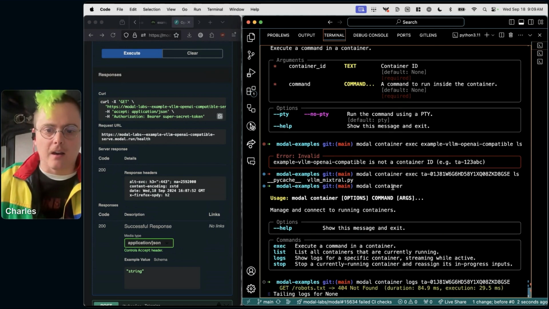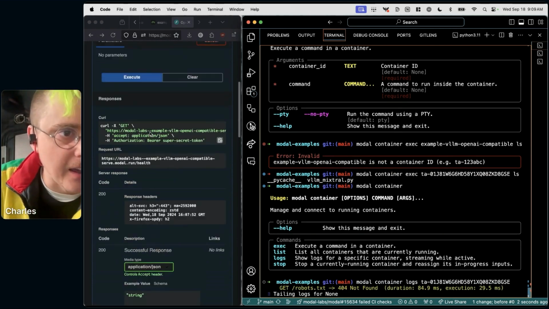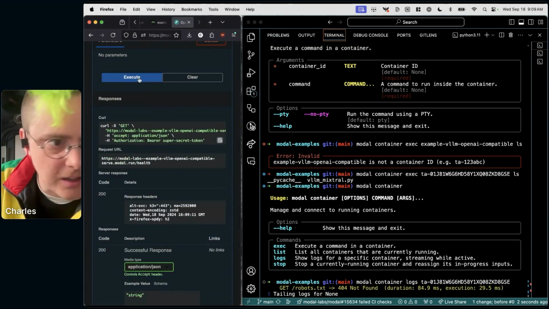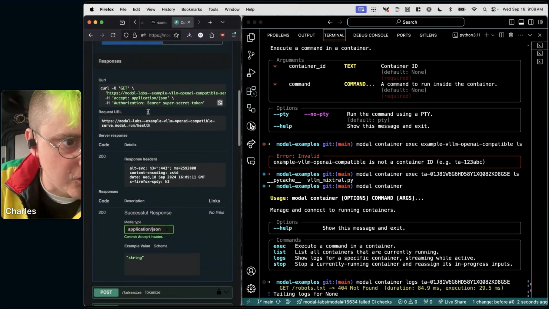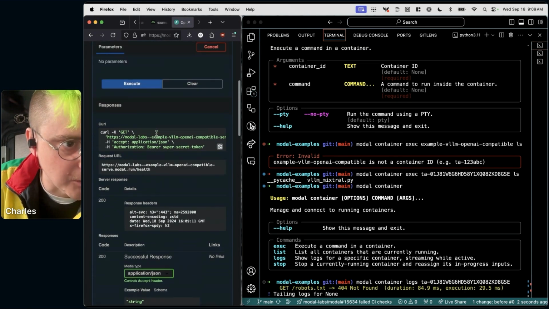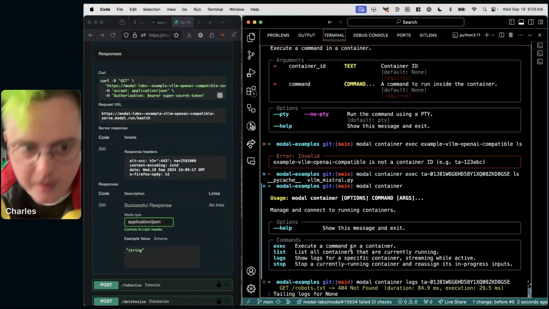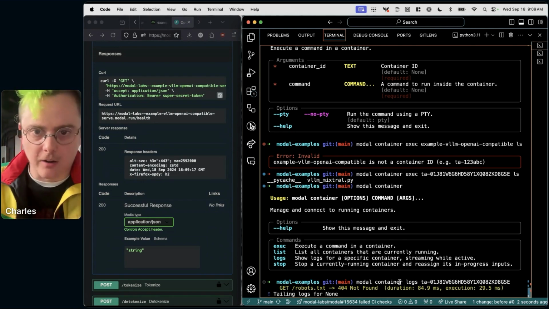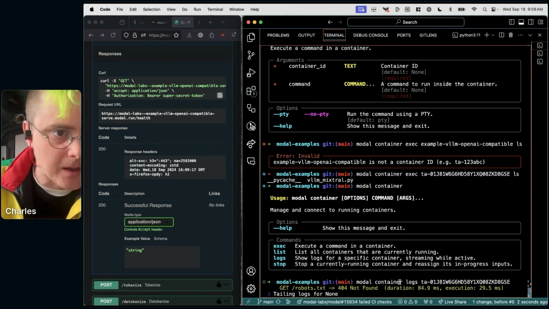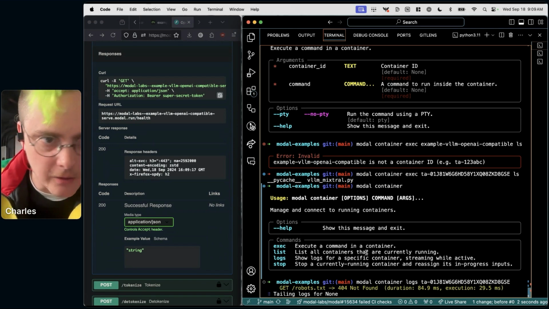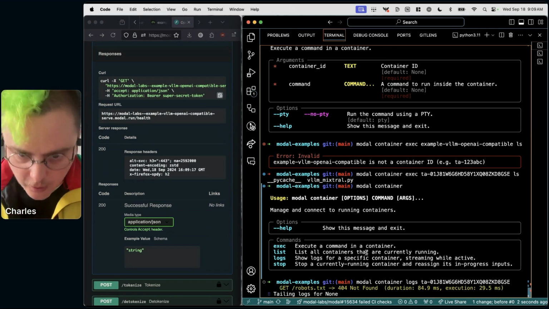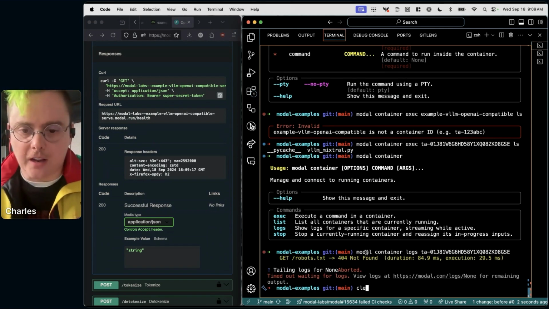If I hit execute here, I should see some server logs pop up. Maybe not. I think I'm looking at the container not for the OpenAPI component, but for another piece of that. So we won't see the logs there. But if you attach to the right container,